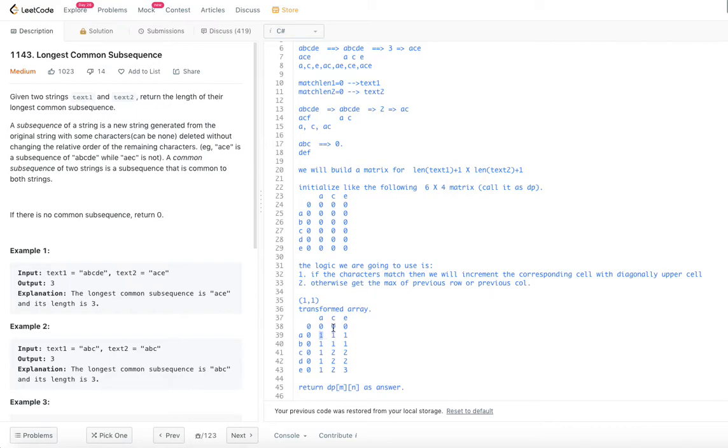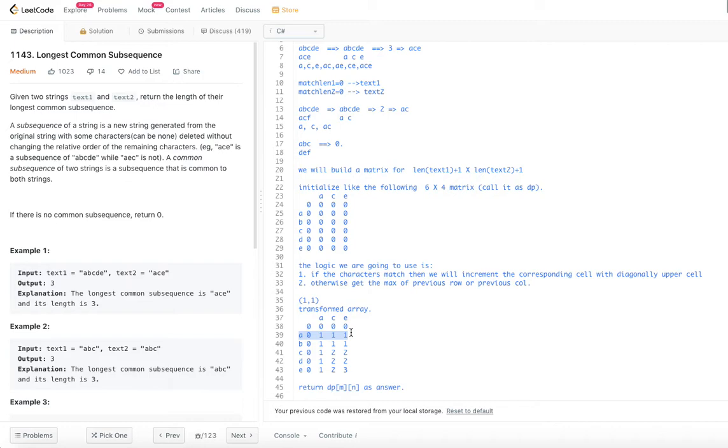This 1 and this 0, whichever is the maximum, we are going to take that. So that means 1 and 0, which is maximum 1. Similarly 1 and 0, which is maximum 1. That is how we are going to fill the first row, for A.